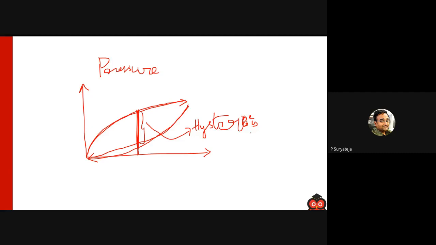So got the thing. What is hysteresis? At the same point in time, I am getting different values when I am changing the input. At one time I am applying the pressure on the sensor, at another time I am releasing the pressure. So that is hysteresis.